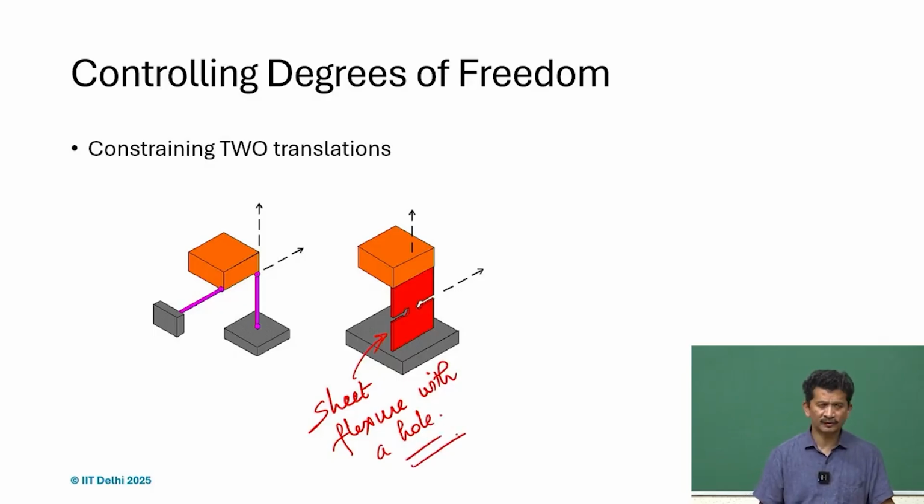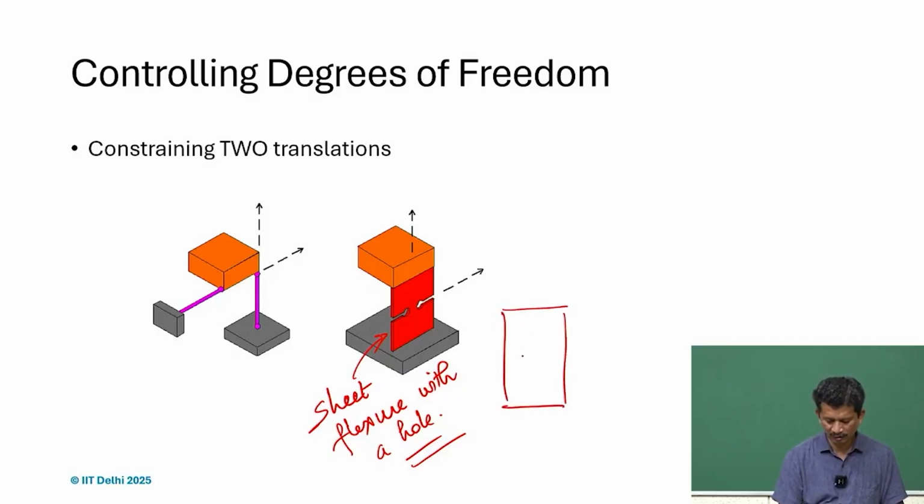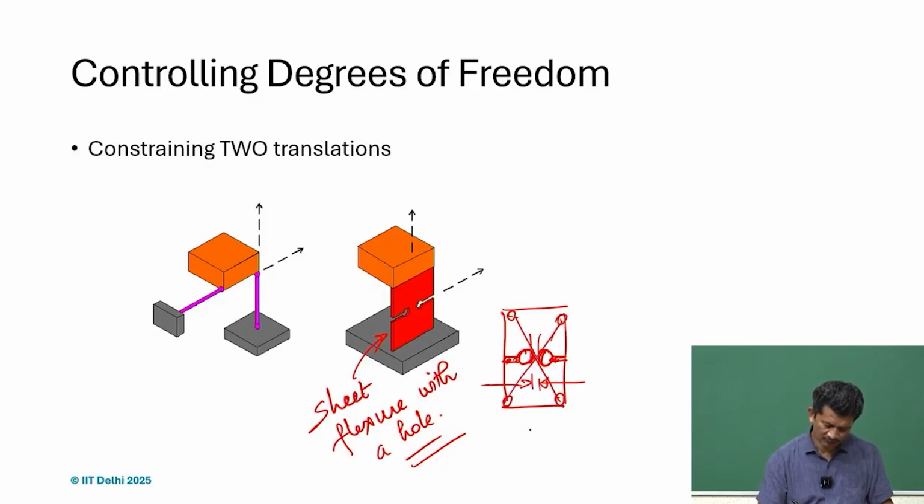And what we realize in this case is equivalent to two translational constraints. So, if we just make it like this and opening, what we see here, because the dimensions here are really small, it can bend also. So, it is equivalent to just two articulated links